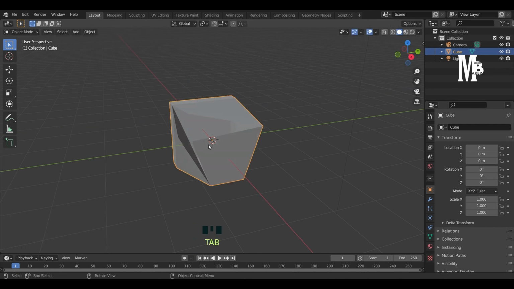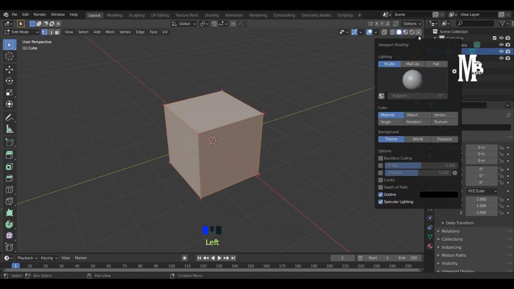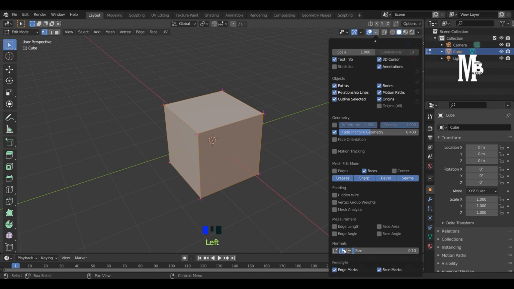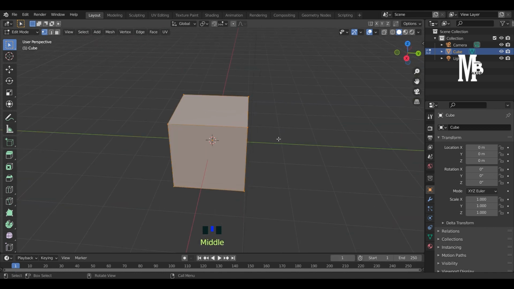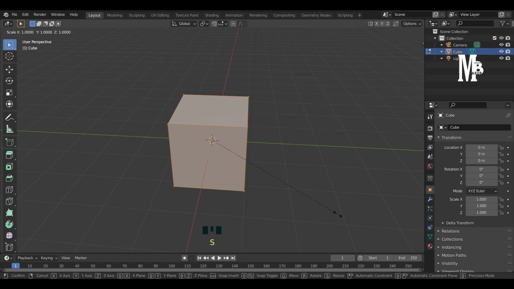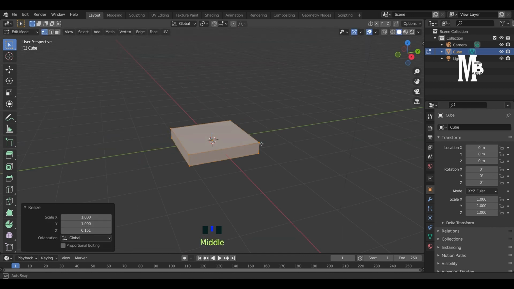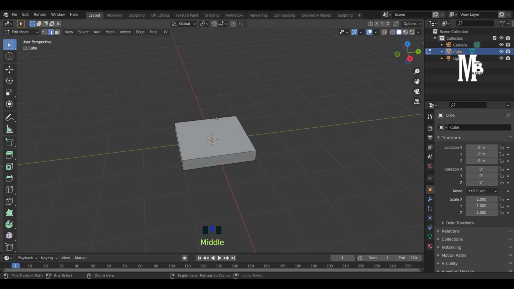Okay, one minute. I will add a new cube for making of a chair and disable the normals as we understand that. Okay, let's make a chair. Okay, let's decrease the height in the Z axis by using the S shortcut and Z to decrease in the Z direction. Okay, now go to the edge mode and use Control R to get loop cuts,